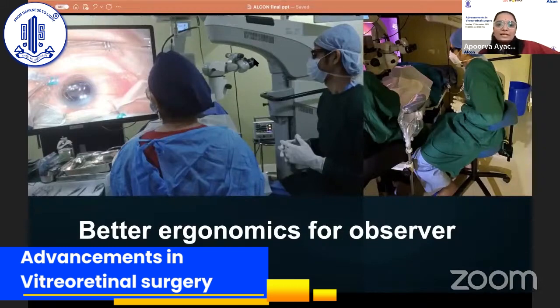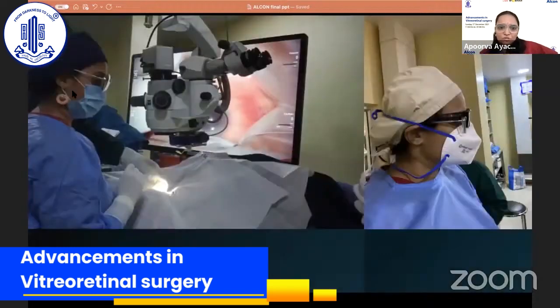So when I'm operating, the side scope is not going to be at a very comfortable height for him. In a conventional microscope, but on the 3D system, he can just sit back, relax, put his feet up and watch what I'm doing, and just come in and assist whenever required. So for my very tall, 6 feet and above friends, assisting me is not going to be an issue on